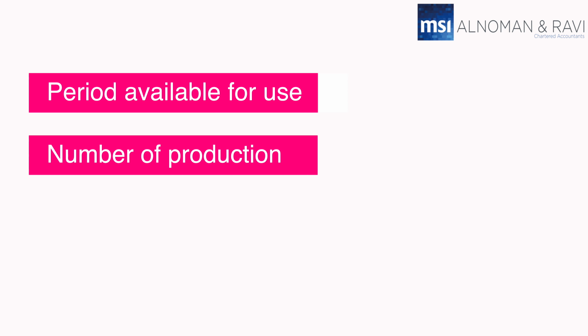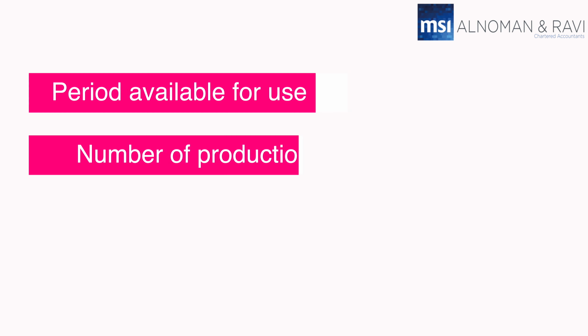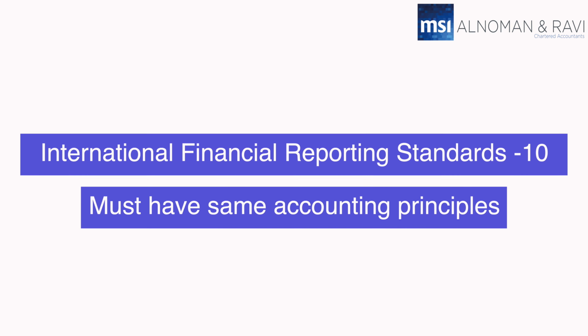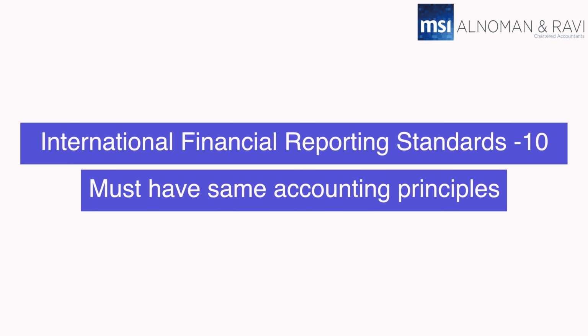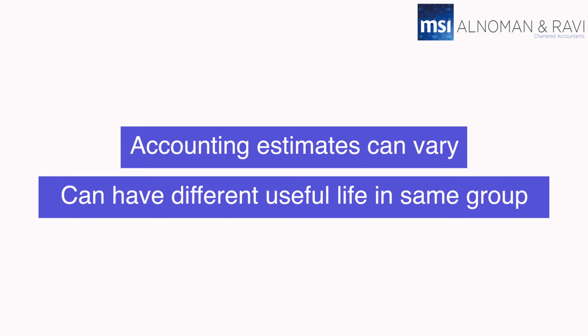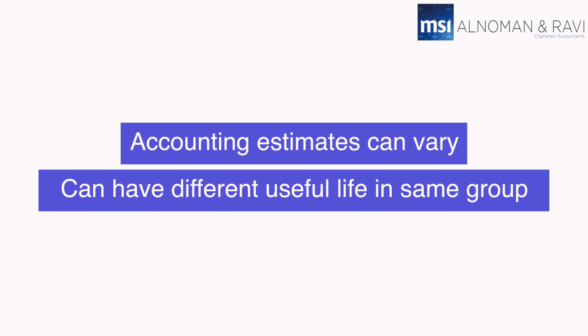So the useful life is specific to the individual asset and the individual entity. In the case of subsidiary companies, it's quite possible that the same type of asset might have different useful lives in the parent's books and the subsidiaries' books. IFRS 10 states that companies within the same group must follow the same accounting principles, and determining a useful life of an asset is not an accounting principle and is an accounting estimate, and therefore can vary from company to company. So it is possible for the parent and the subsidiary to hold the same asset for two different useful